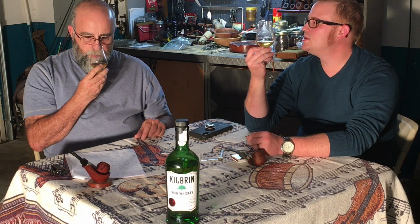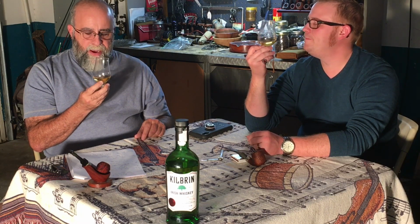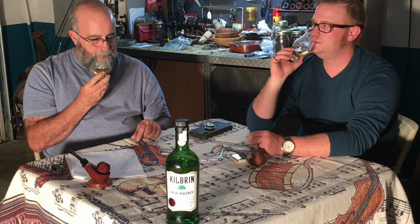Very fruity. What hits me first is that sharp pepper kind of smell. Not pepper like black pepper, but more of a vegetal pepper, like maybe a mild jalapeno. Kind of a capsaicin smell. It doesn't last for a long time. It hits you and then it goes away. But then behind that,